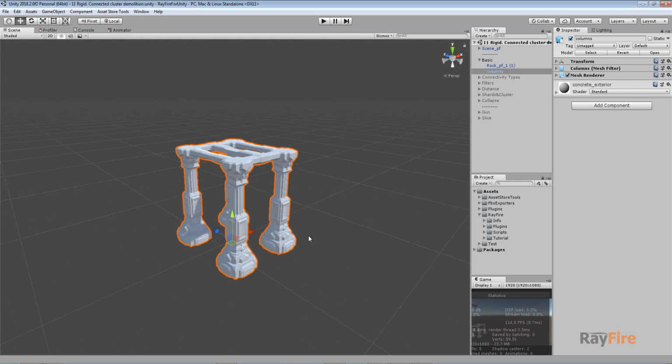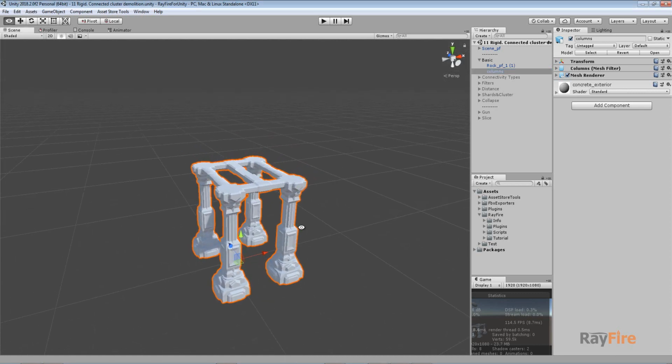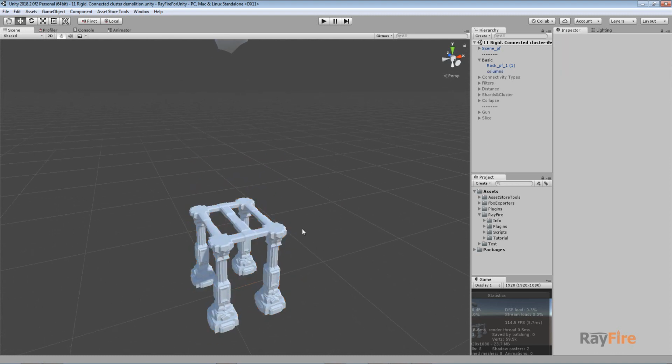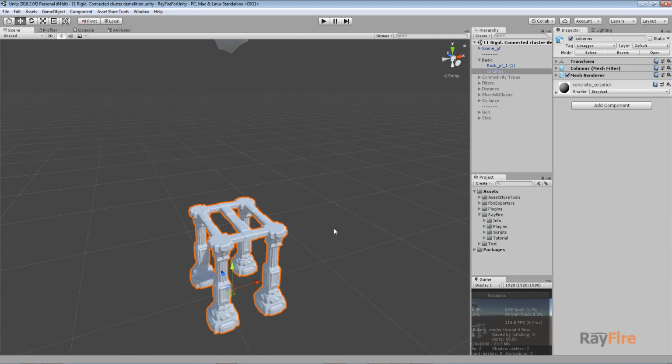Hello, this is the first video about connected cluster, and I'll show you how to create it and how to set it up. So a connected cluster is basically just a bunch of fragments under one empty root, and the easiest way to create it